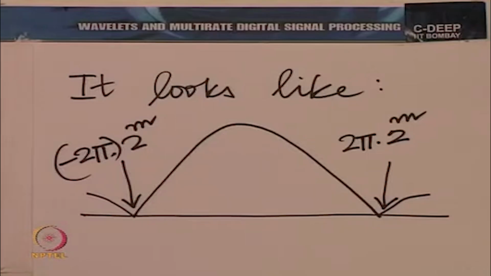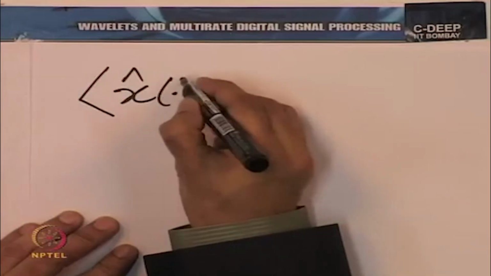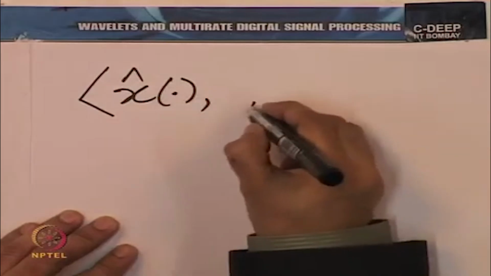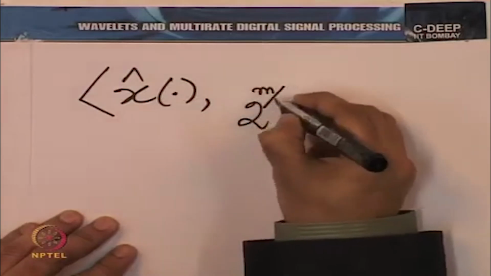In particular, with m equal to plus 1, you have expanded it by 2. If m is equal to minus 1, you would have contracted it by a factor of 2, and so on. So, when we take the inner product, in the inner product, x cap and the cap of this,